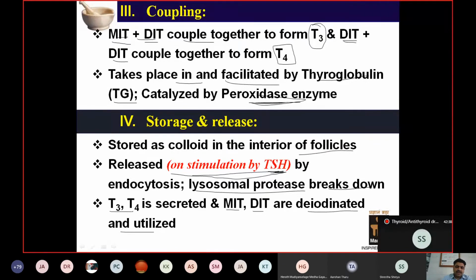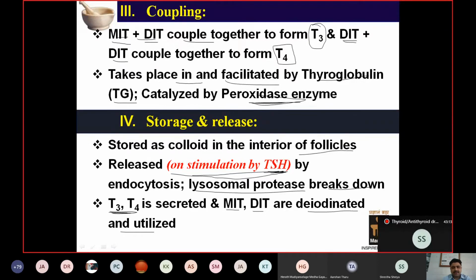So TSH has a very important role not only in the synthesis but also in the release. NIS, the sodium iodide symporter, is stimulated by this, so more iodine will be trapped in the presence of TSH, synthesis will be more,